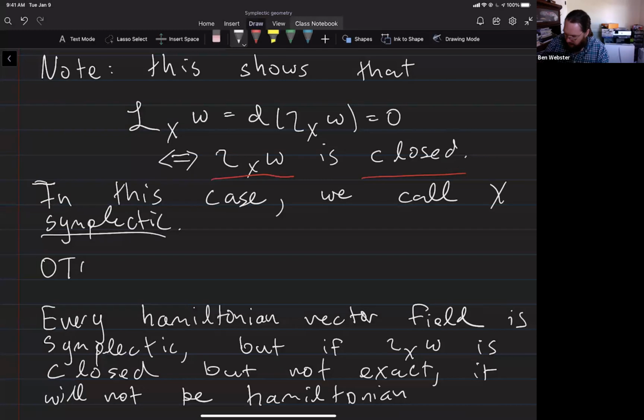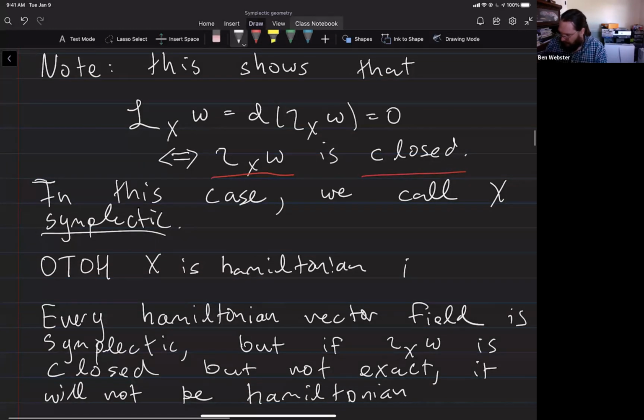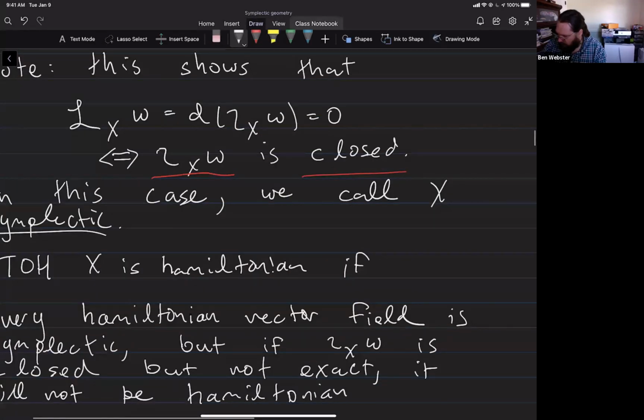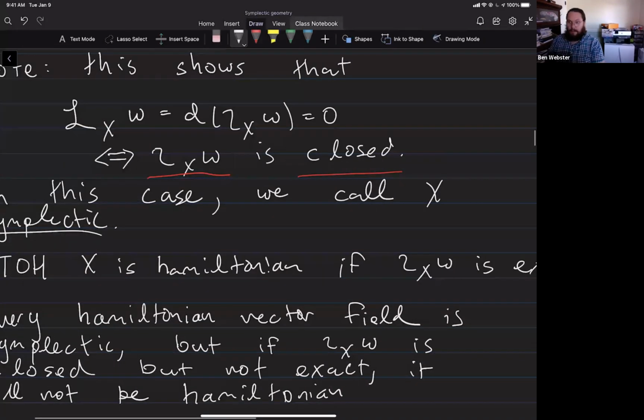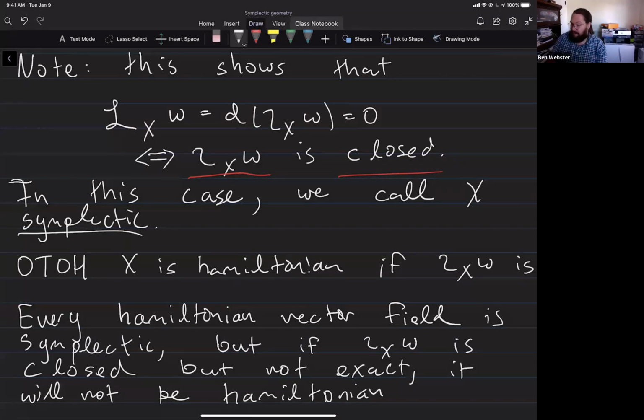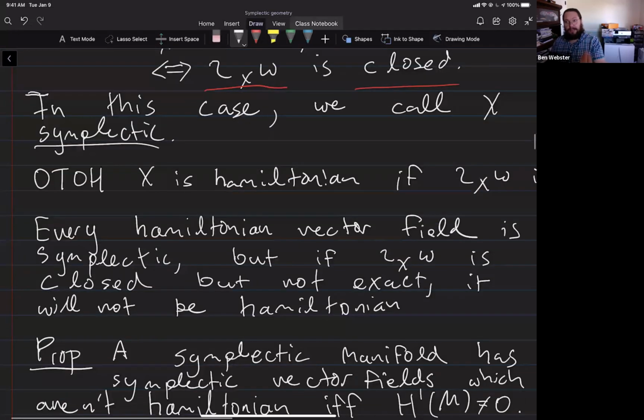On the other hand, X is Hamiltonian if this contraction is exact. So exact forms are closed, but not all closed forms have to be exact. So every Hamiltonian vector field is symplectic. It leaves the symplectic form unchanged. But